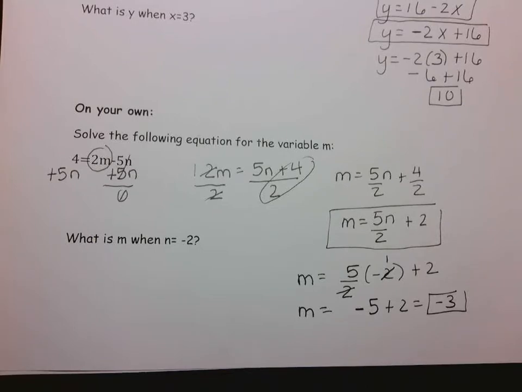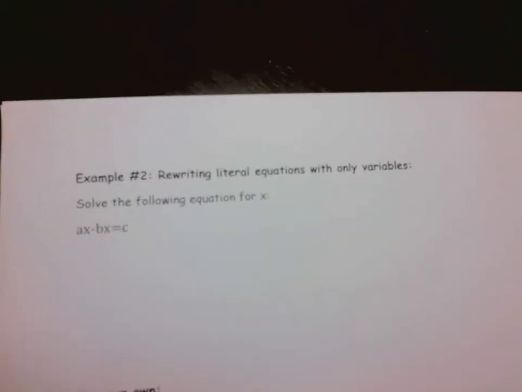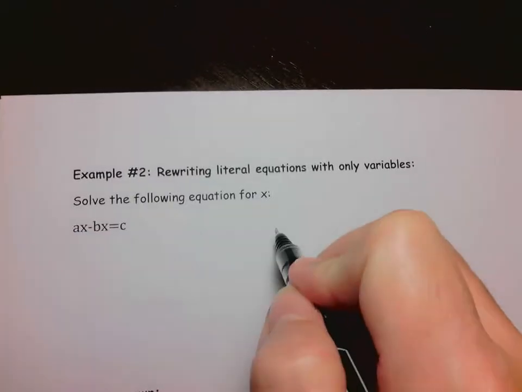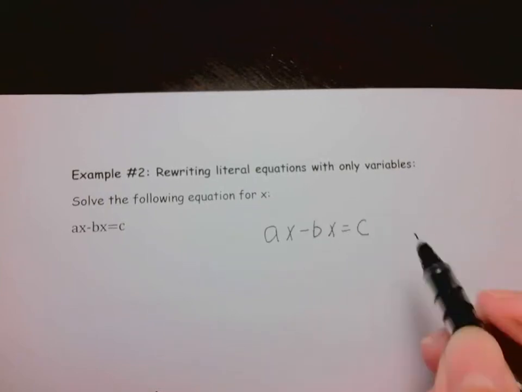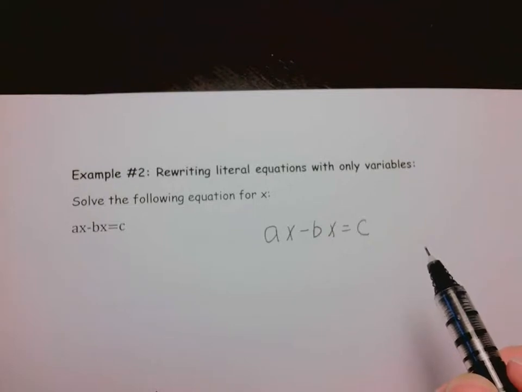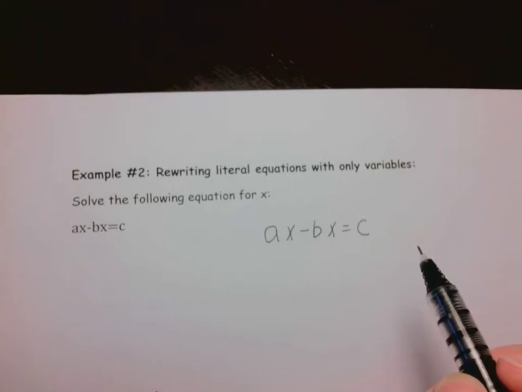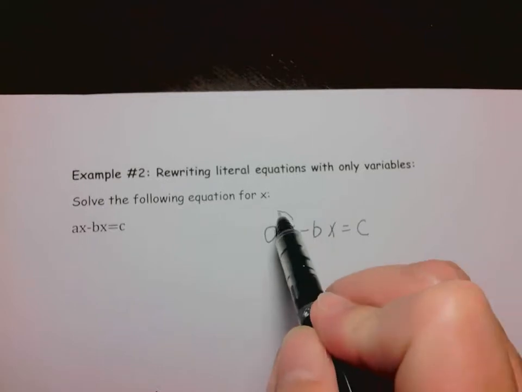Okay, so let's go to example number 2. Rewriting literal equations with only variables. Let me rewrite this a little bigger so you can see what I'm doing. So I want you to think backwards. You know about the distributive property, and so now I want you to go backwards. And so instead of distributing the x into the terms, we are going to be factoring the x